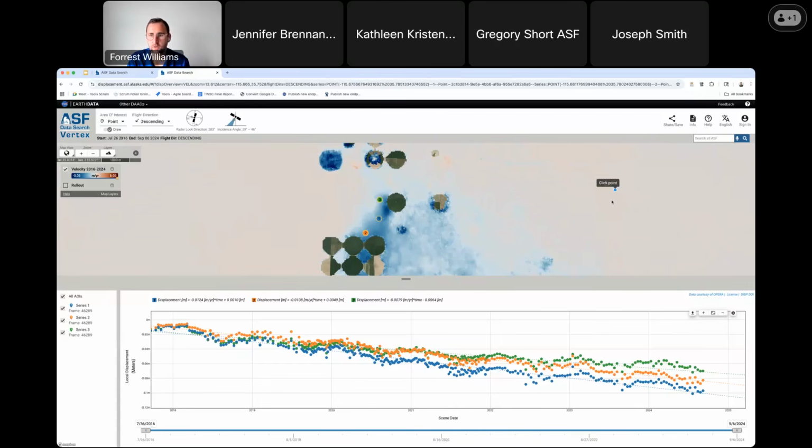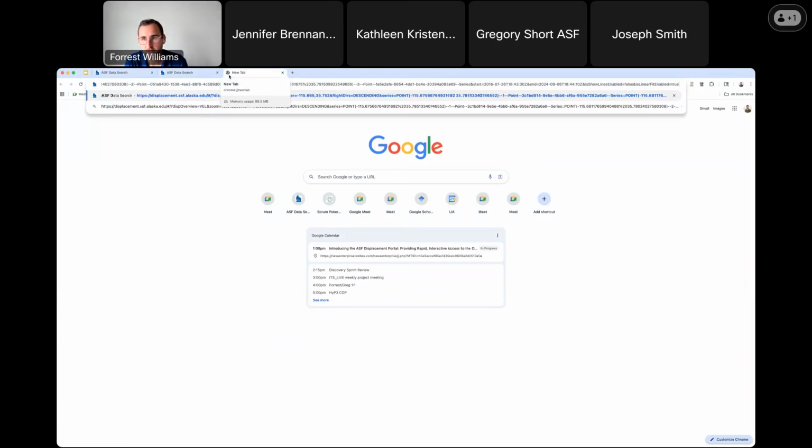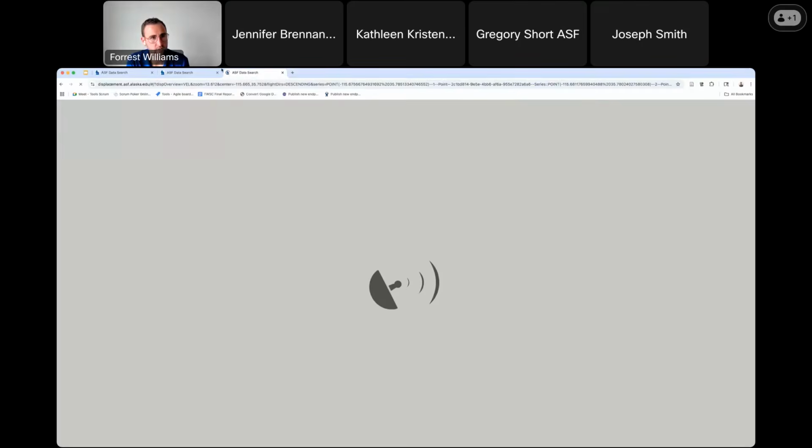But then also, one of the great things that we have on this website is static linking. So basically you can see that the URL up here is very long, and that's because the entire state of the displacement portal as it is currently being shown to you is recorded in this URL. So if I click on it and copy and paste and either send it to a colleague or save it somewhere for myself to look at later,